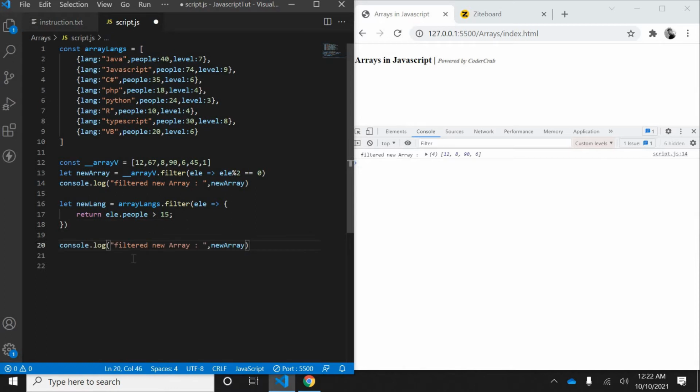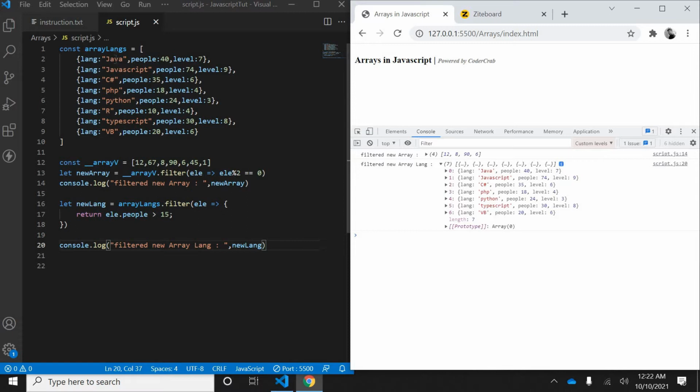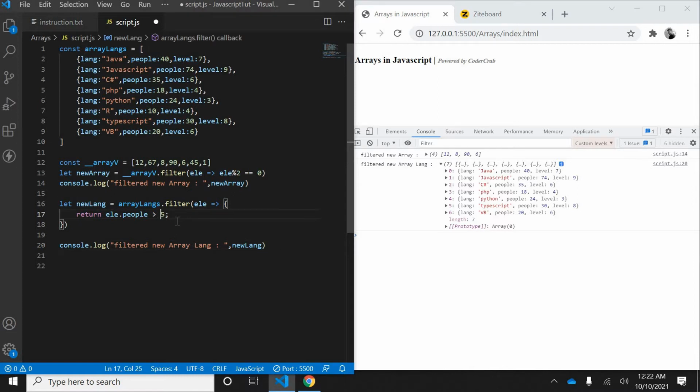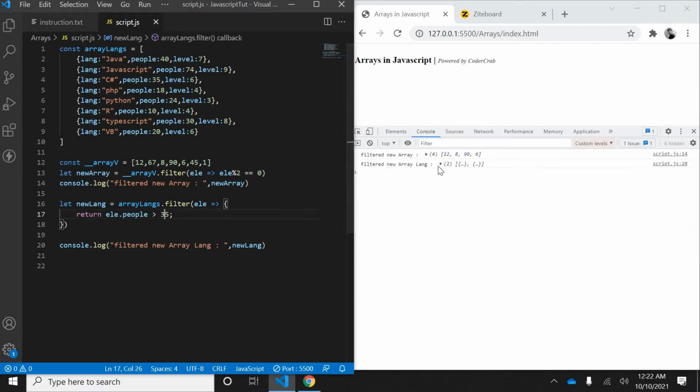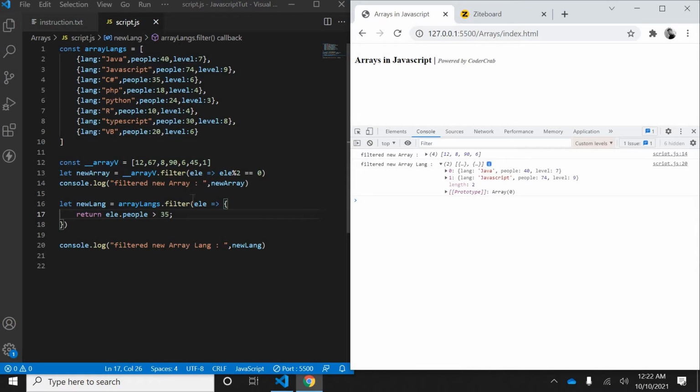So filtered new array, this is my new lang. Second statement, new array lang, just to differentiate. You can see out of these, I think almost all are having more than 8. So if you want to do it as 35, we can do that. You can see 2 only. So this is how we utilize it. It's quite fast.